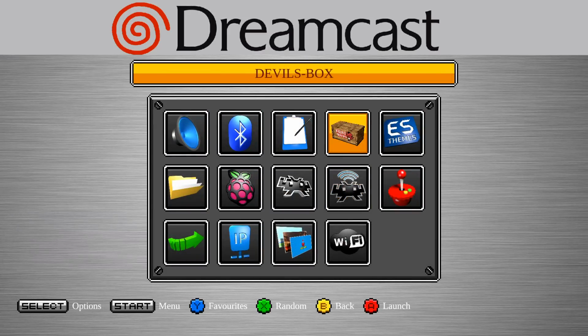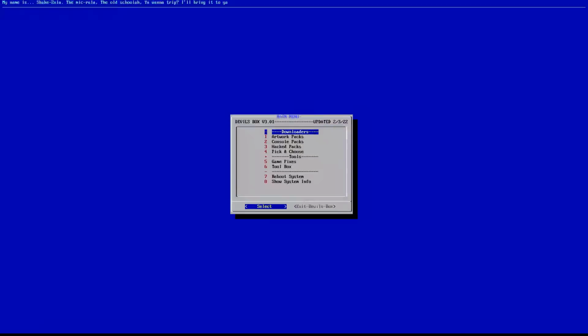And I'm going to show you this one right here. Everything else here is pretty standard, but you can go down here to the Devil's Box. And this is their little toolkit, if you will. It's full of scripts. Oh boy. And so this is kind of crazy here, or kind of cool in my mind. Some people were like, "Wow, how did they do that?" But that aside, you can go ahead and download artwork packs if you're going to add,